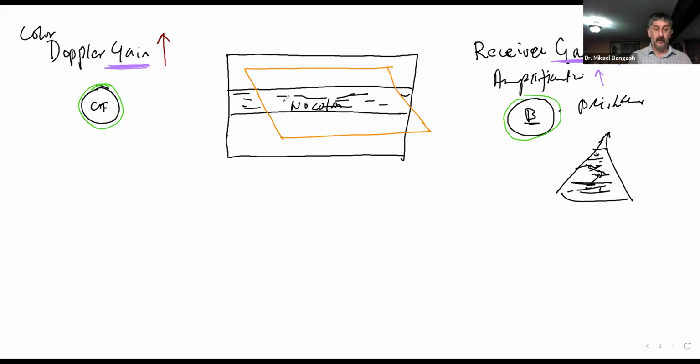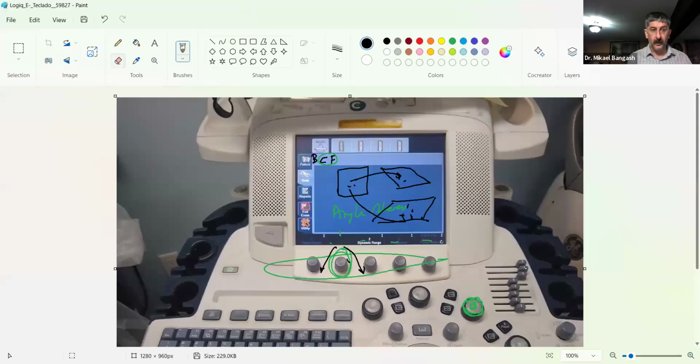So what we mainly do is increase the power Doppler gain, color Doppler gain here, sorry, mainly by rotating this knob here clockwise, or if you look on your knobs here, you will realize